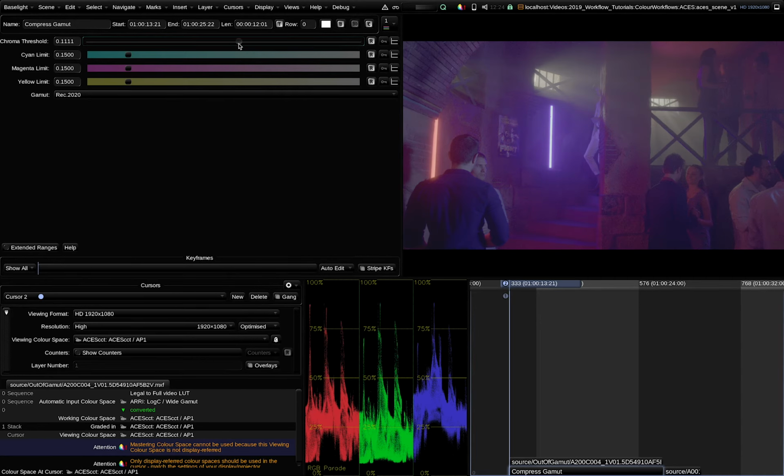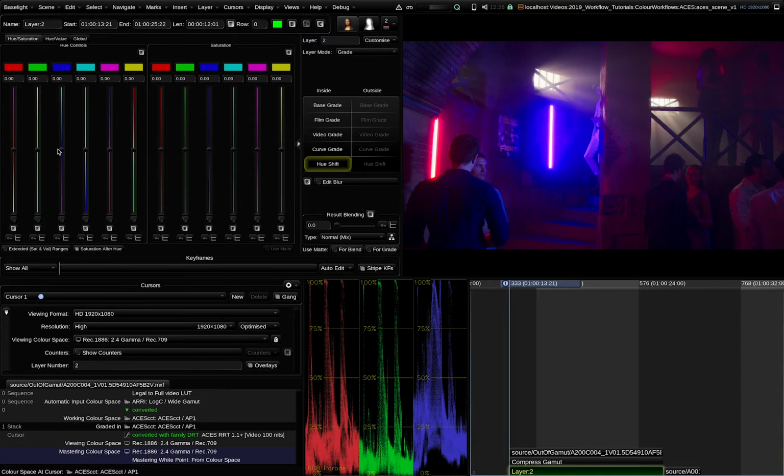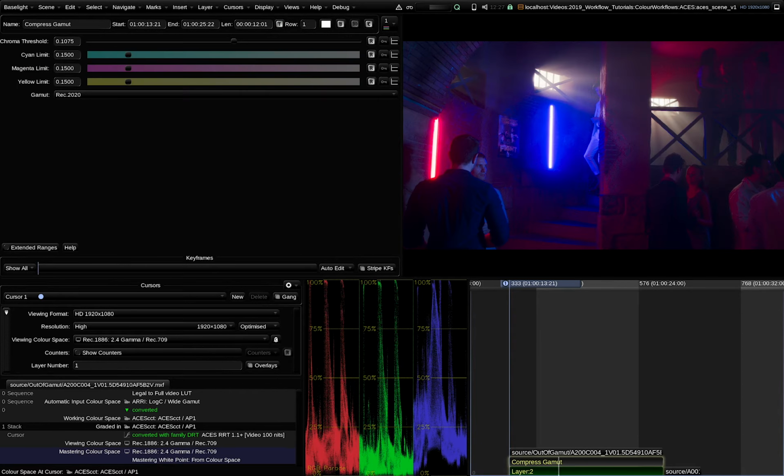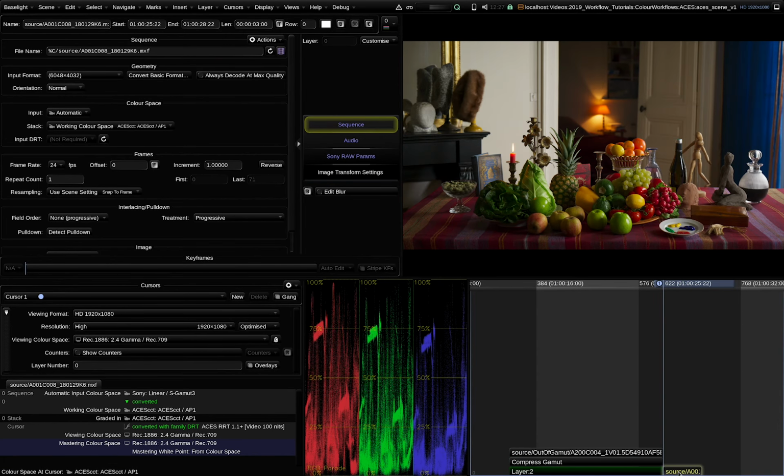Then we can just apply our used tools to deal with the problem, for example, here using Hue Shift. We can also see that applying the compress gamut fix to a normal image does not change the overall look. Both methods are working fine. Choose whichever method fits better in your scenario.